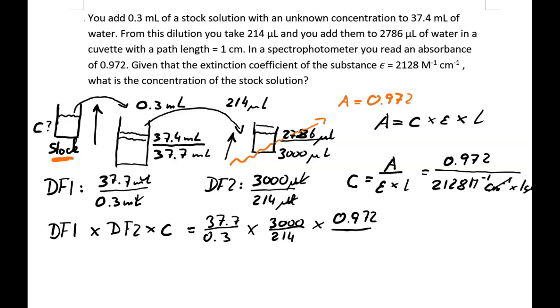and this would be 0.972 divided by 2128 molar to the minus 1, and I can also write this as molar. And all I need to do now is really put these numbers into a calculator, and I get for my unknown stock, for the stock solution, when I do this in a calculator, I will get